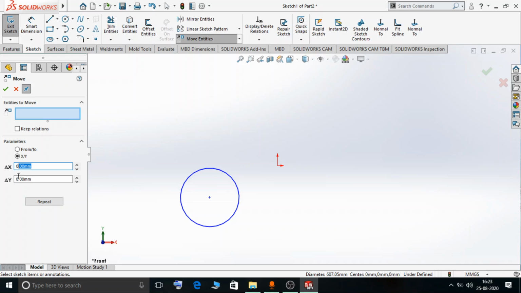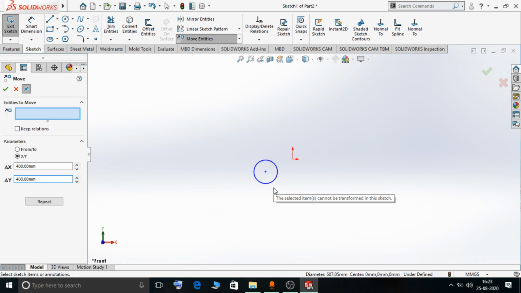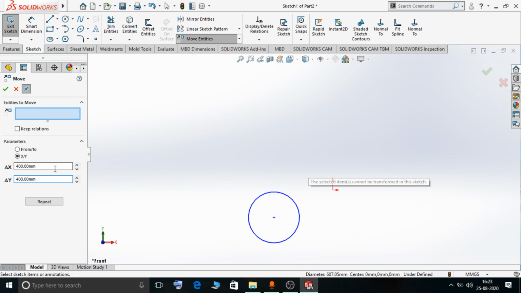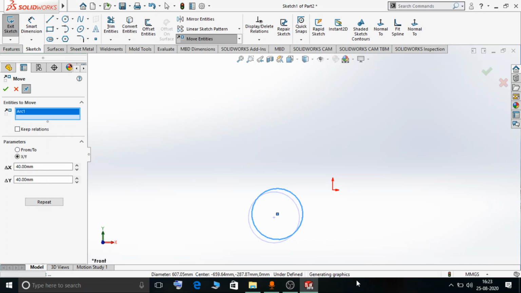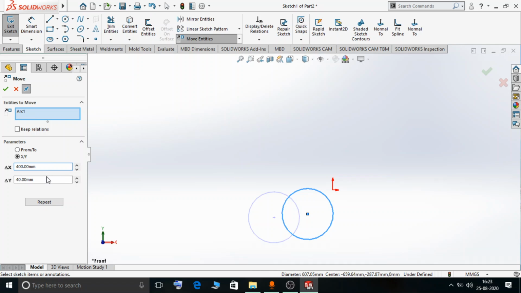And if you specify the final position as 400, 400, then as you can see over here, and select this entity, then you can see the final position where this distance is 400 and this distance is 400.